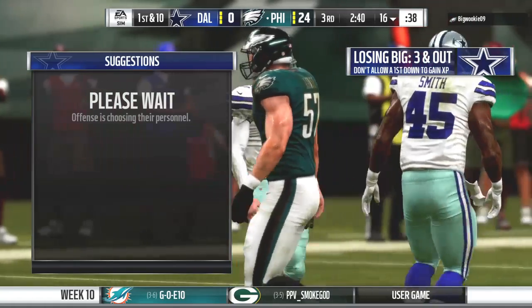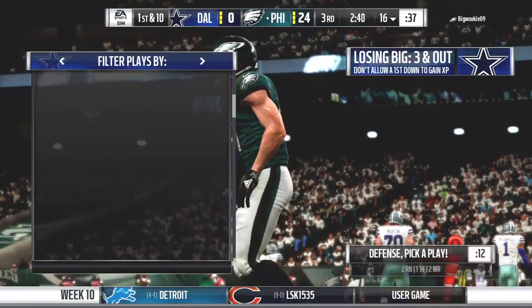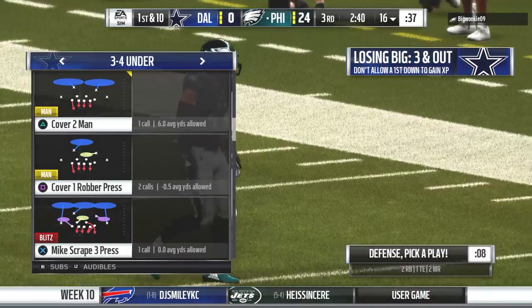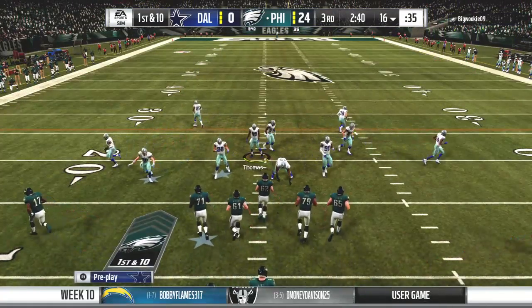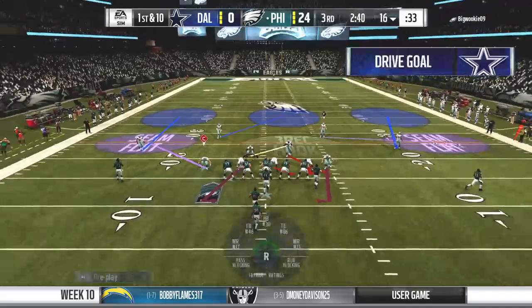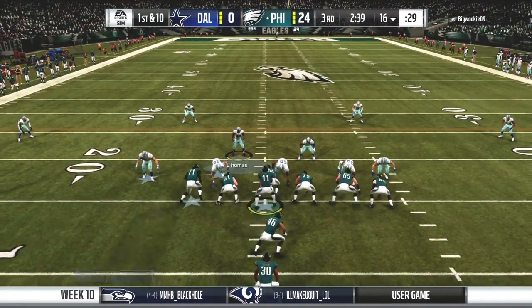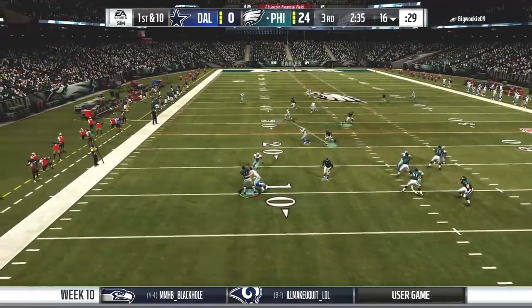Philadelphia getting set to take the field, and fortunate to get points on the board last time. They had to hit a really long field goal to do so. The kickers in today's game are so good and so skilled and hit from distances that we almost start to take them for granted. And we can't do that. That's a long field goal that they got 3 points out of. They've got to feel good about that, and they better make sure they love him up because he's helped them out. Yeah, now we'll see if that offense...